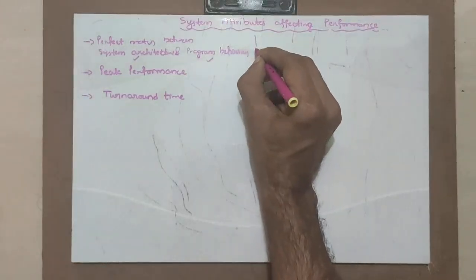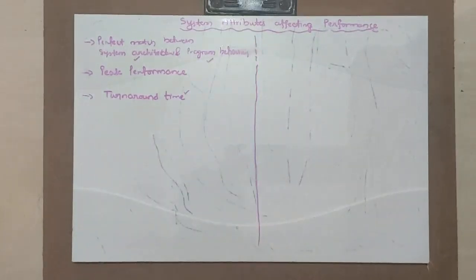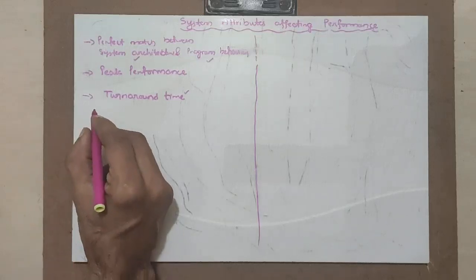This is one of the factors we call turnaround time, but that turnaround time is also called processor time. Hence we will consider turnaround time and elaborate on the processor time, what exactly is meant by processor time and what are the performance factors for the processor time. First is clock rate.